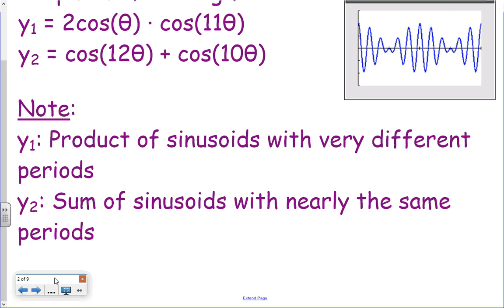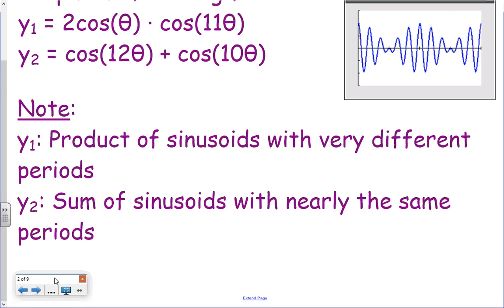That's because those two periods are very similar. Now you can dig a little bit further into this and play around with those four functions if you want to see this exactly for yourself and understand why that is. But I guess the bigger question for us is, it appears there's a way to go from this product